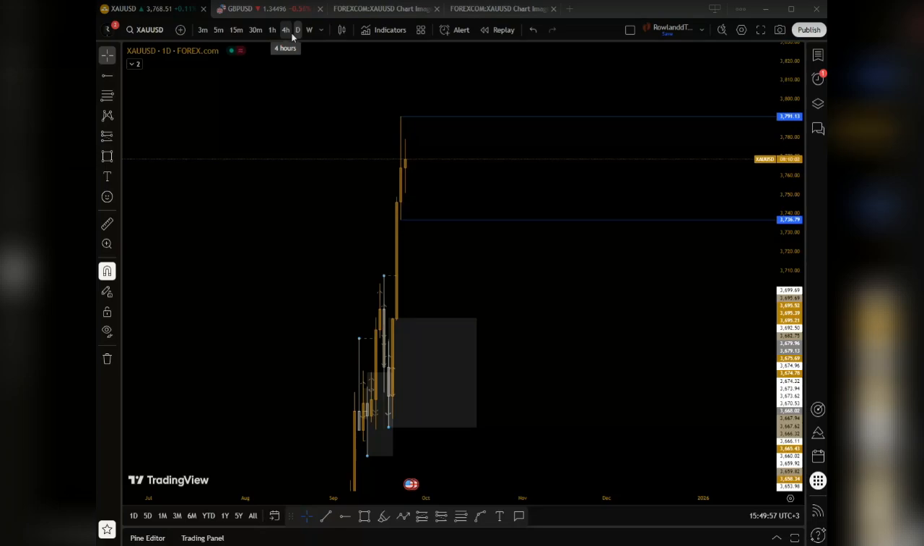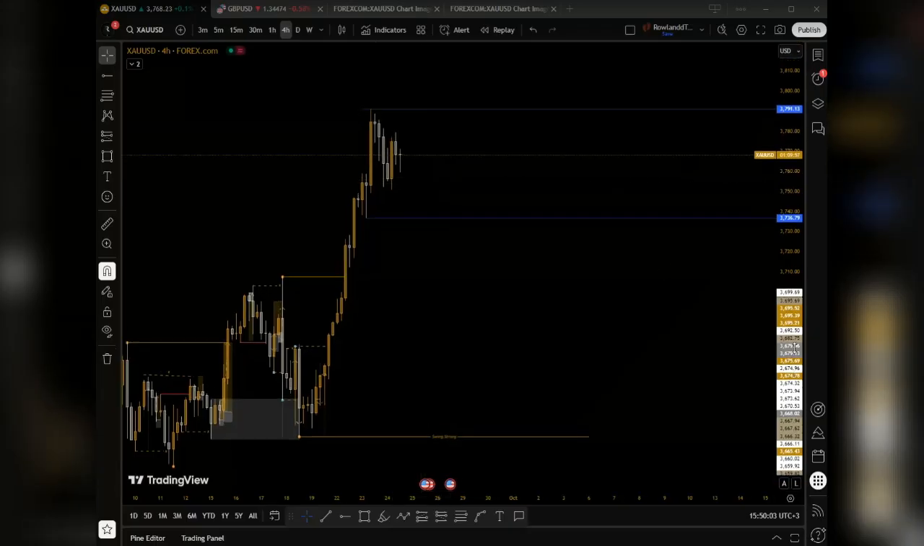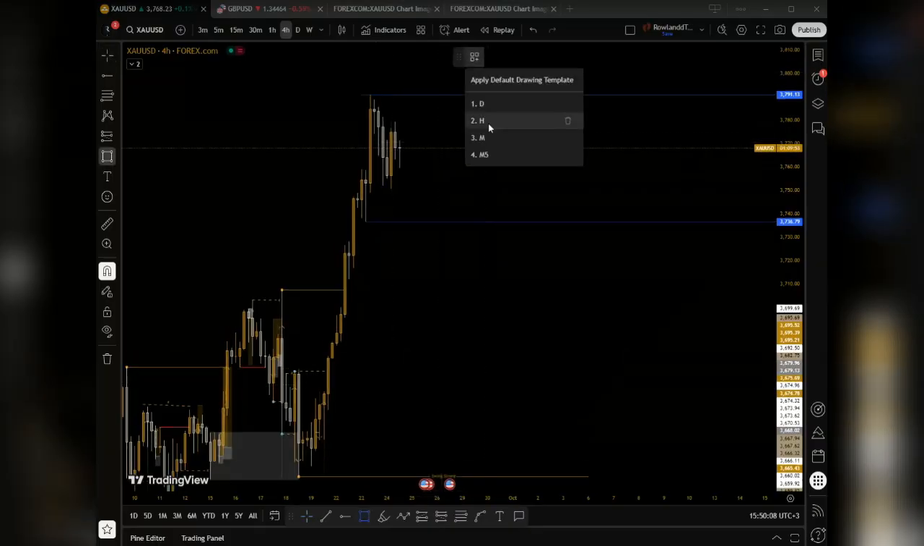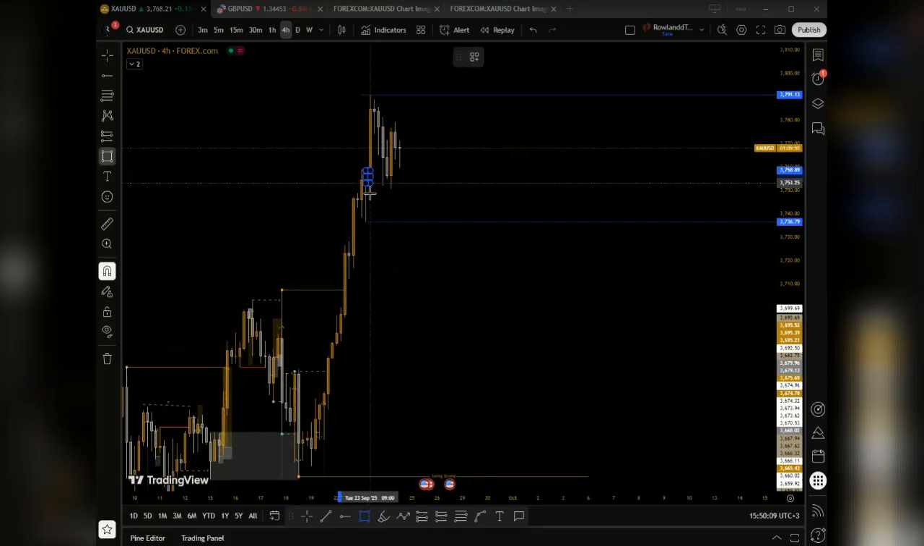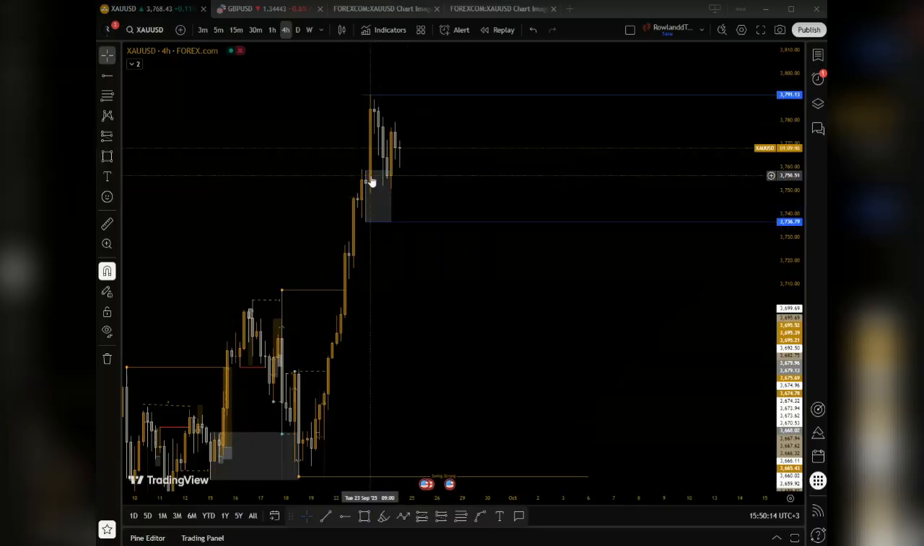And now we drop down to the 4H, as we already have our draws of liquidity from the daily time frame. Now on the 4H, you can actually see that price has mitigated this refined hourly point of interest, which is actually a pivot candlestick. And we also have